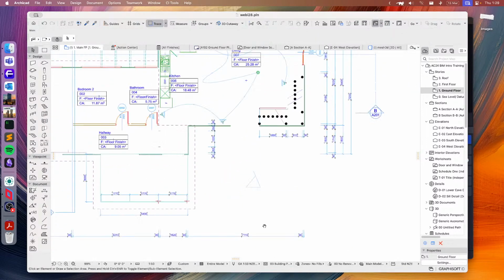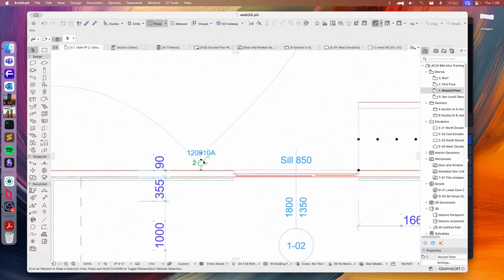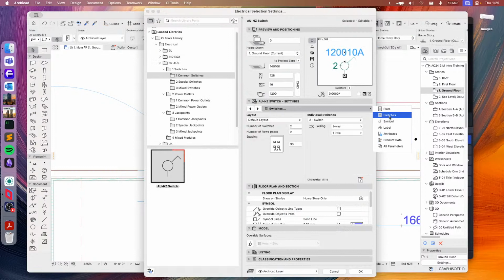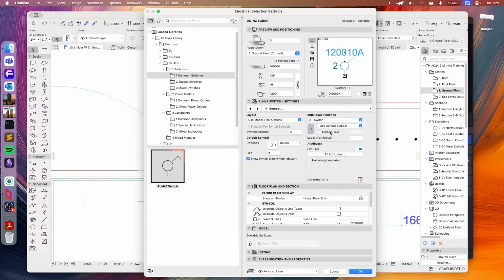And now if I go back to one of my switches here, we can go into the settings for that symbol and say that instead of using the default symbol, we want to use Test1, and any other custom symbols that you've saved will show up in here as well. Select Test1, and now it places that custom symbol